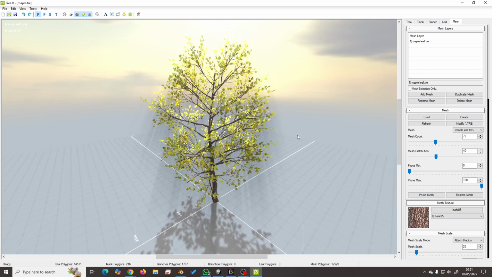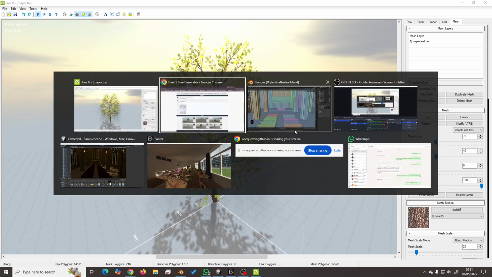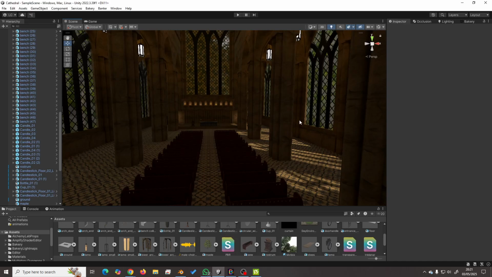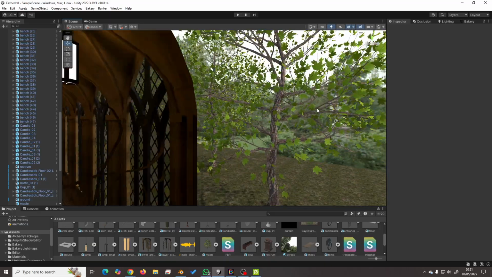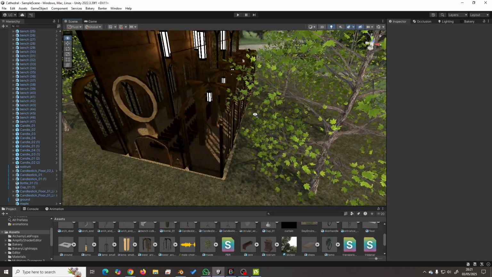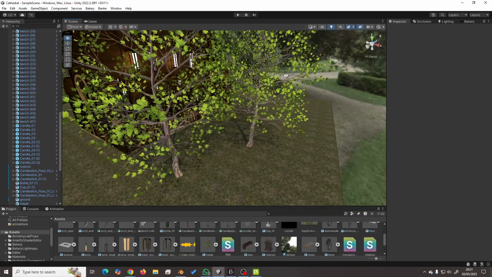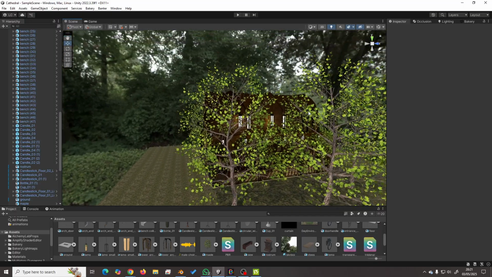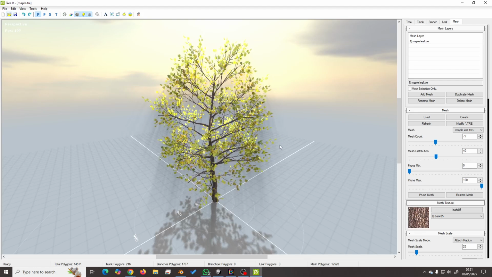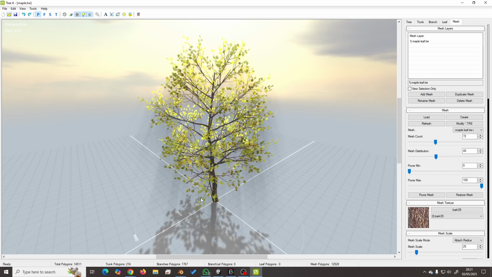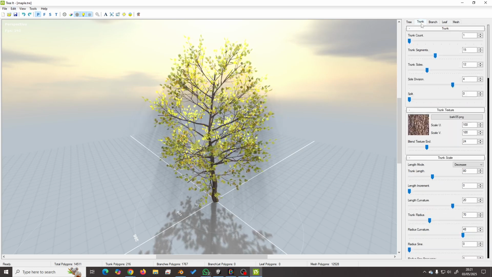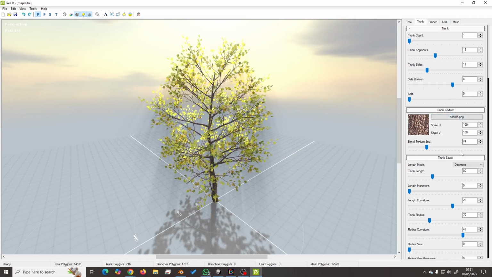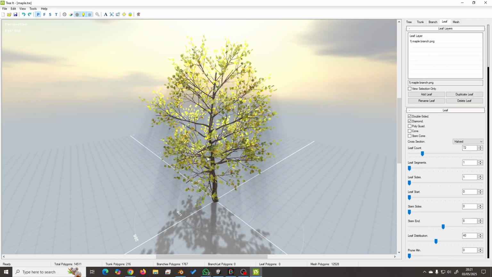And look, there's one of the trees in the cathedral. Look at this. Oh. This is it. This is the maple tree. So it's not even an original tree. Wow. But they're fun to have a play with. I think what I did with this, with the trees and the